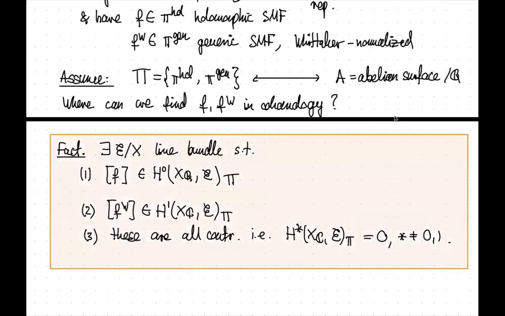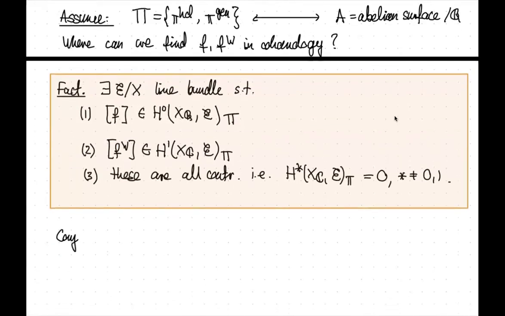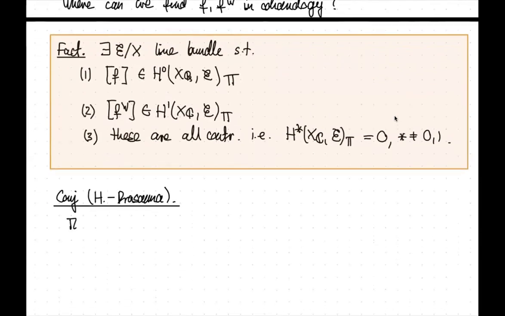Okay, so we found these in cohomology, but now in the cohomology of these line bundles. But again, we have a degeneracy, right? There is a class in H0 and a class in H1. And so you can ask about the rationality of the map that sends the class in H0 to the class in H1. And so this is the conjecture in my work with Kartik. So at this point, it may hopefully seem natural. So there exists some alpha, which is a collection of, let's call them, (Z_i, φ_i).